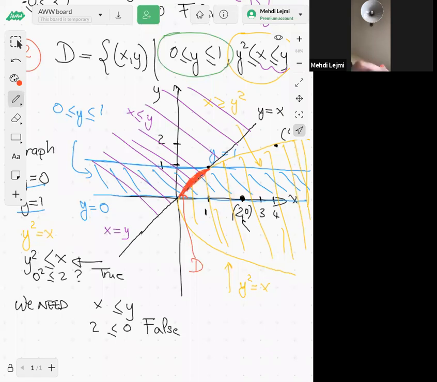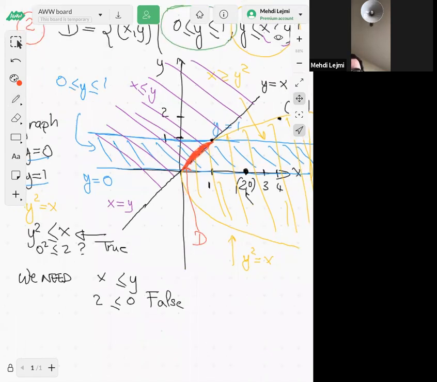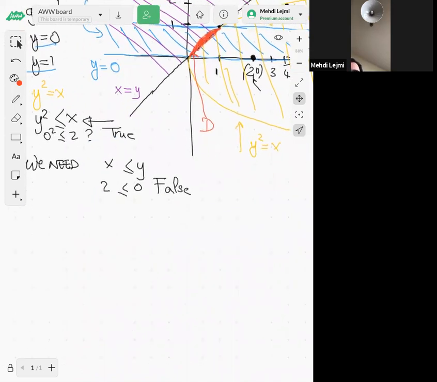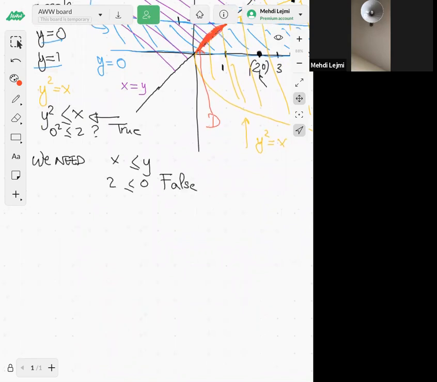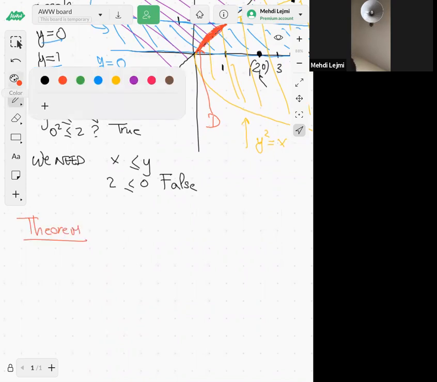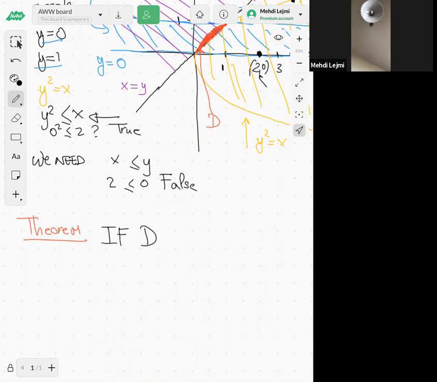It's because the main theorem is that we can extend our double integrals over rectangles to double integrals over elementary regions. So here's the theorem. If D is of type 1, so x between a and b, y between g of x and h of x,